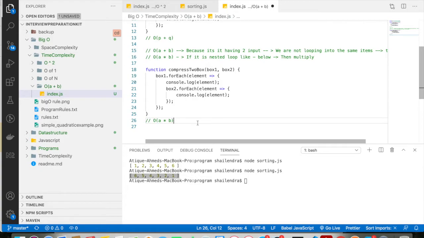So sometimes it's confusing, right? Because we have seen this kind of example before, where we calculated the time complexity of big O of n power of 2, right? So here the time complexity will be big O of A multiply B. Why is that? Because the function has two arguments. If the function has one argument, we can blindly say the time complexity of this particular function will be big O of n power of 2.